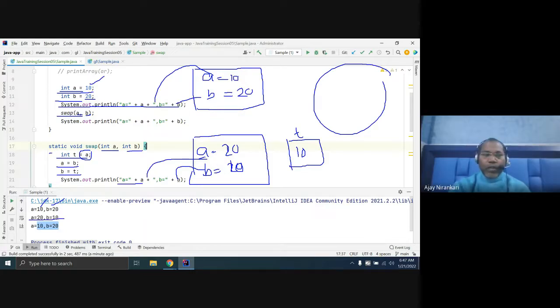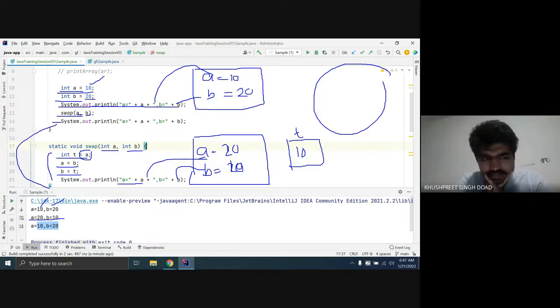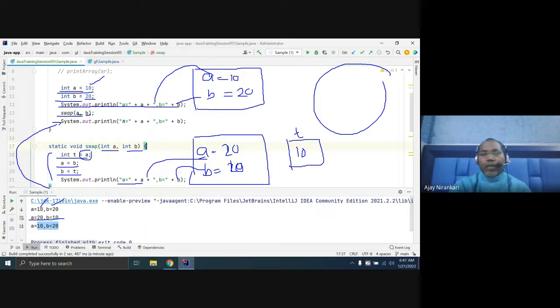Whenever this method completes, control goes back to the main method. In the main method, again print a. So what is the a value? A refers to its own stack. A is again 10, B is again 20. So it prints 10 and again 20.